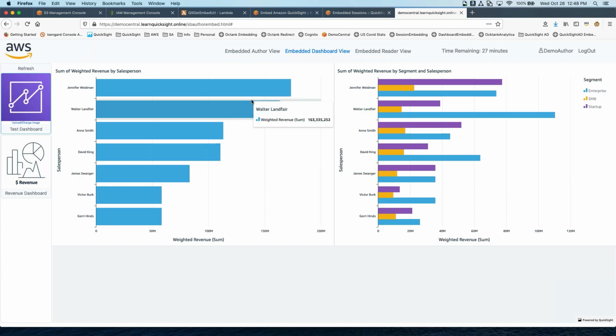So the author embed workshop that I dropped into chat, it also has a CloudFormation, and it also has that step-by-step instruction to bring up an application like this, wherein you have the author interface as well as a custom dashboard embedding view with a dynamic left panel. Something to just give you a head start when you're exploring on your own and trying to go build your own production